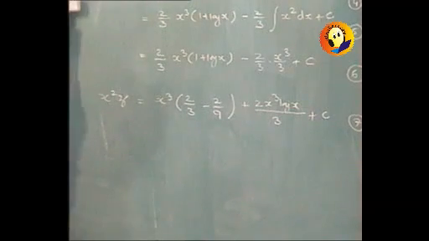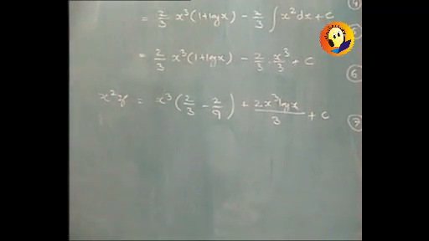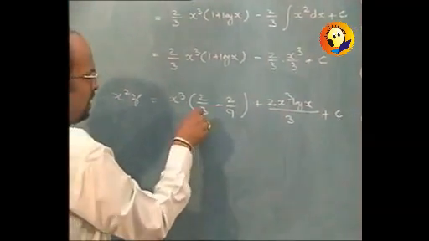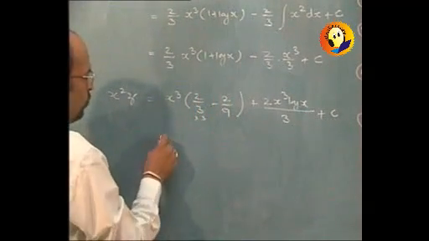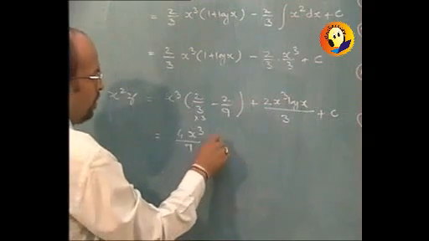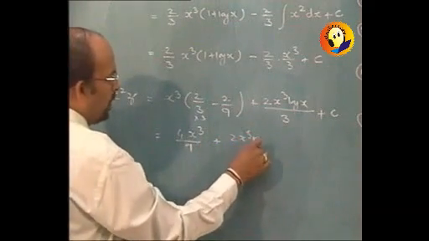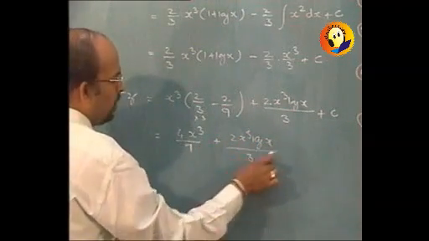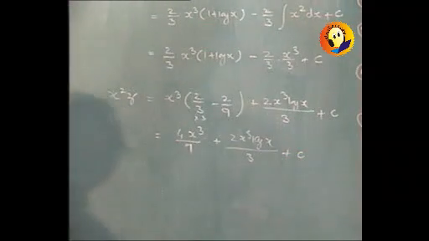Simplification which could be possible is simply to take the LCM, that is multiply by 3, it will be 6 minus 2, 4, it will be 4x cube by 9 plus 2x cube log x upon 3 plus constant, and